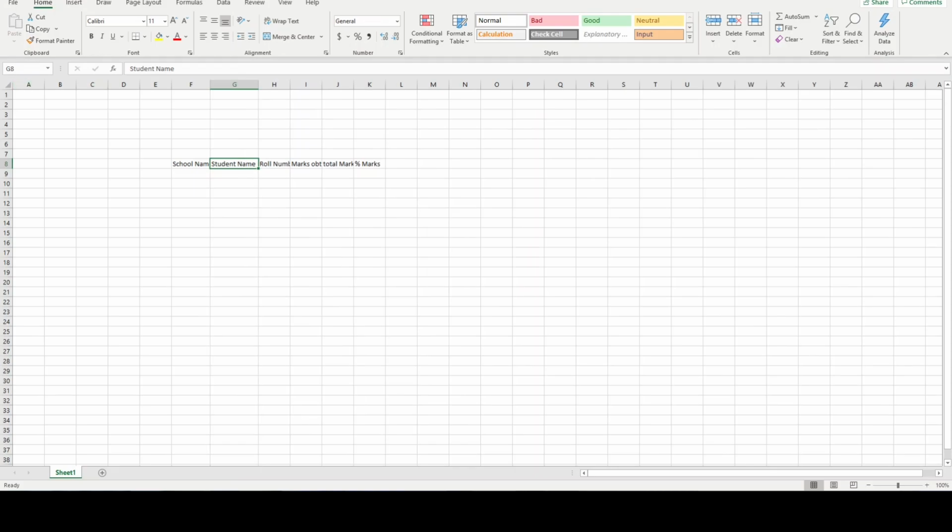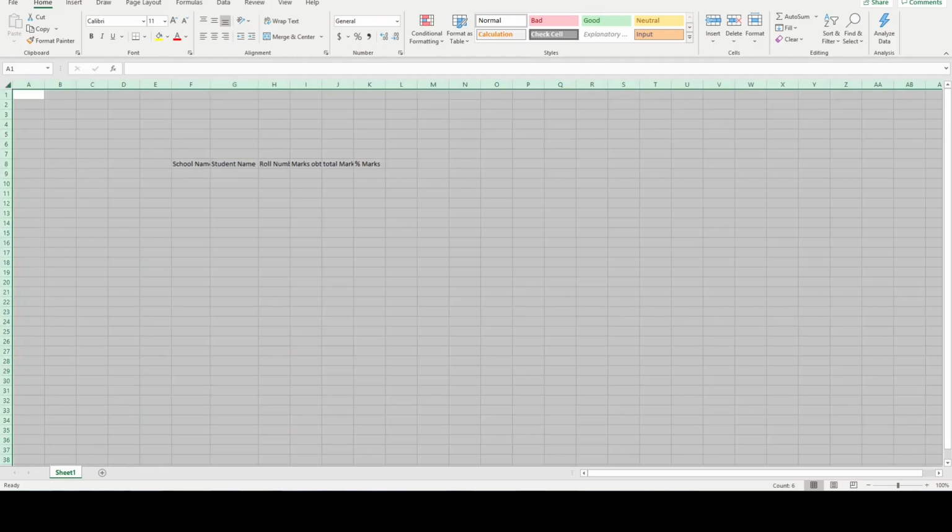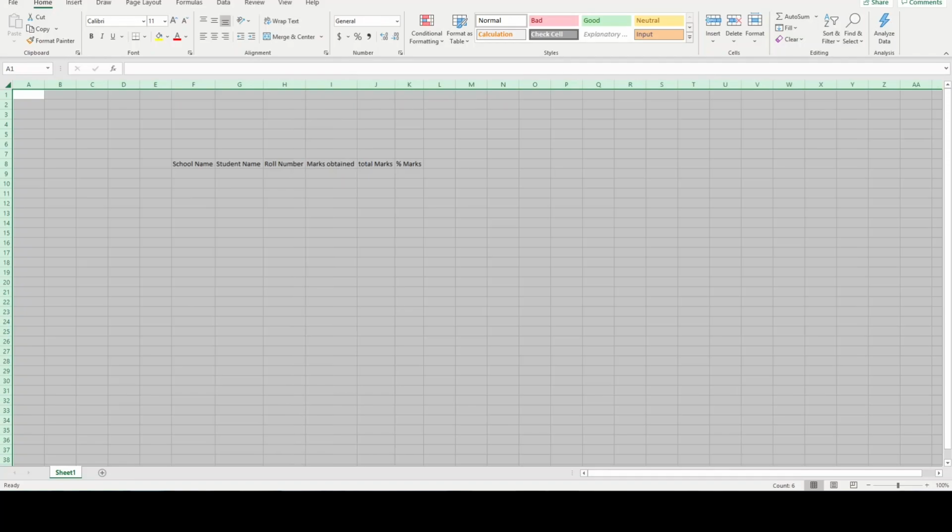But if you want to do all together, you have to select the full worksheet and then just double tap on any one column like here, and now you see all the words have been arranged properly.